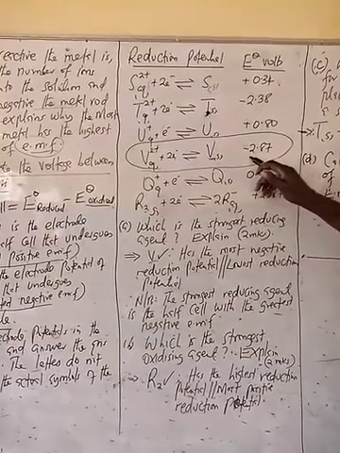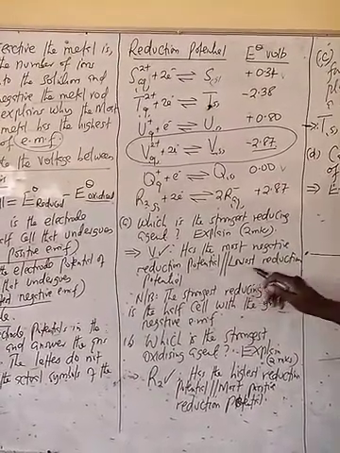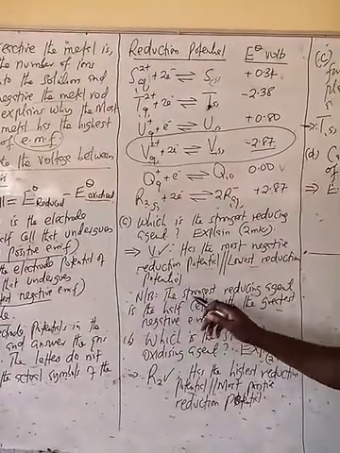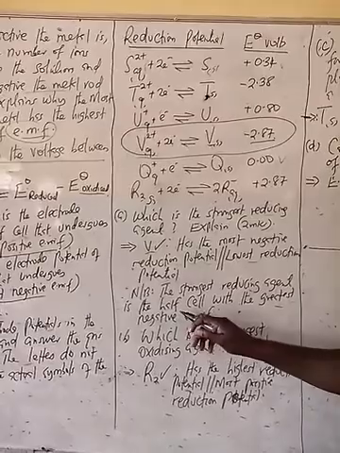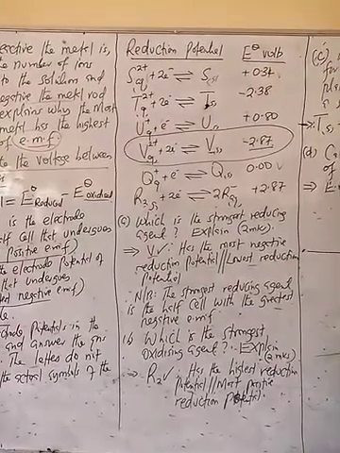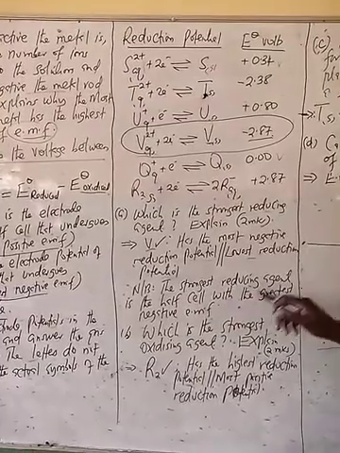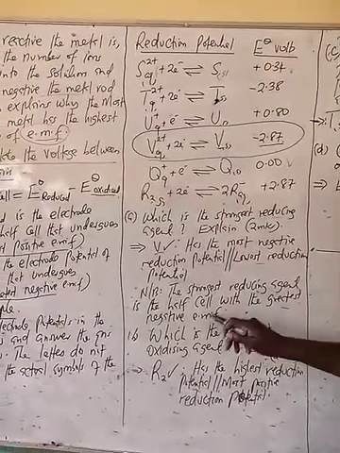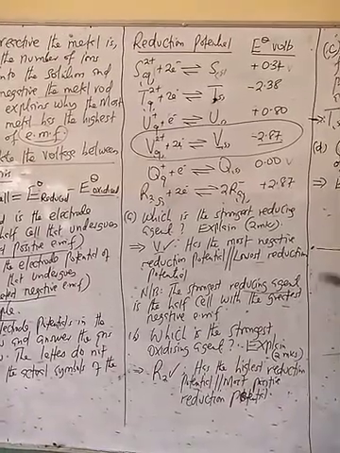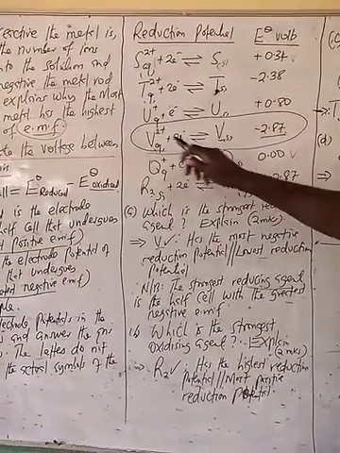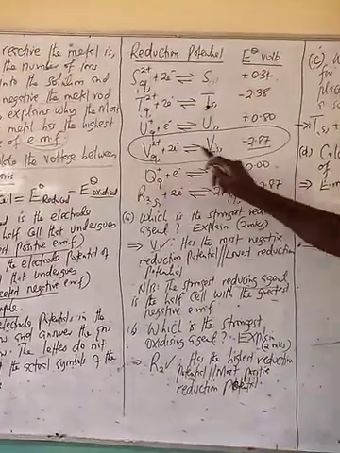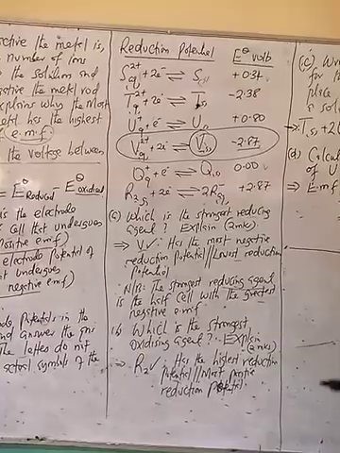So it is V. Reason: it has got the most negative reduction potential, or the lowest reduction potential. That is to say, the strongest reducing agent is the half cell with the greatest negative EMF. You must know that. And the reducing agent is a substance which is oxidized, and oxidation is the loss of electron. So this one is not losing electron; this one is the one which is losing electron to form the ion. That's the reason why you have chosen V.